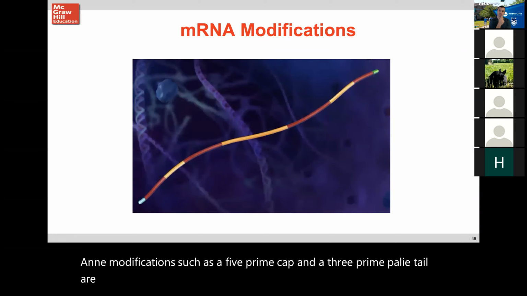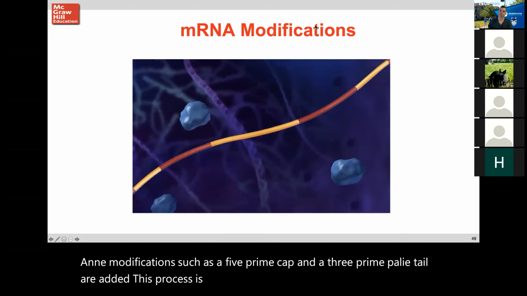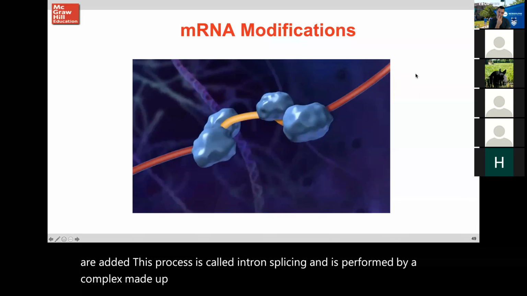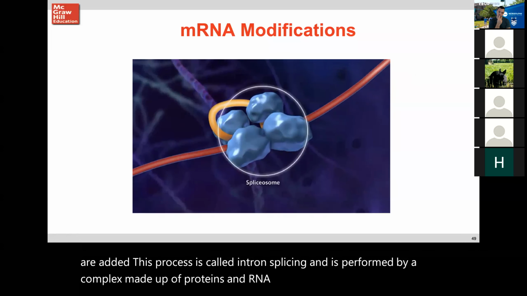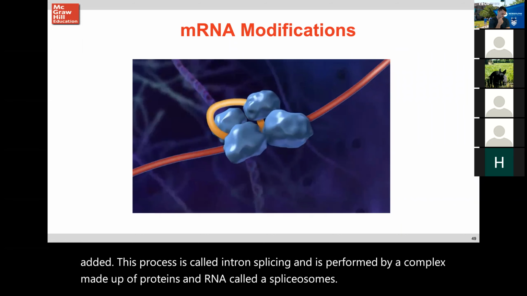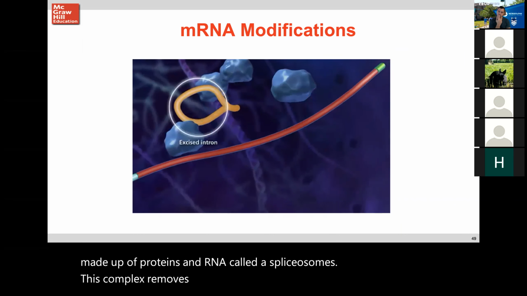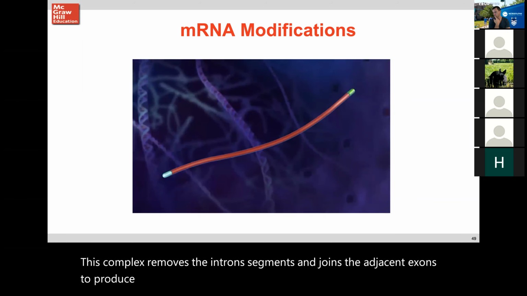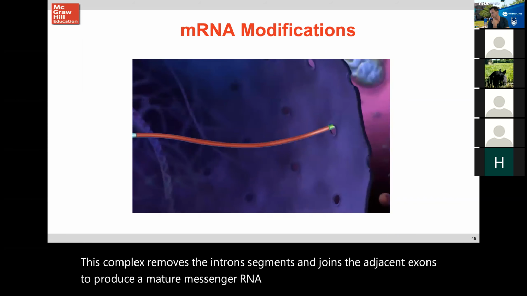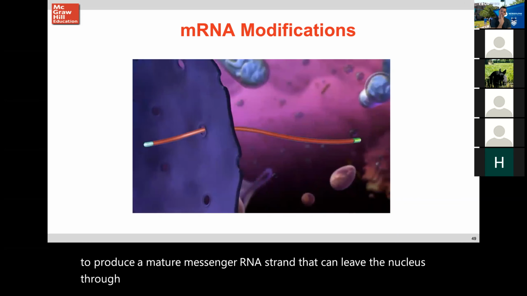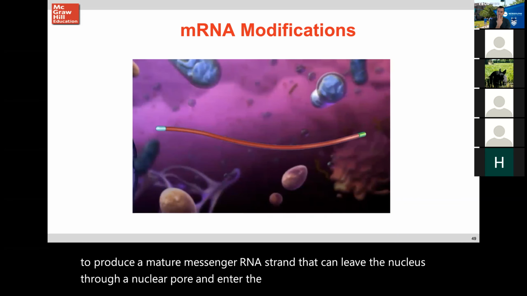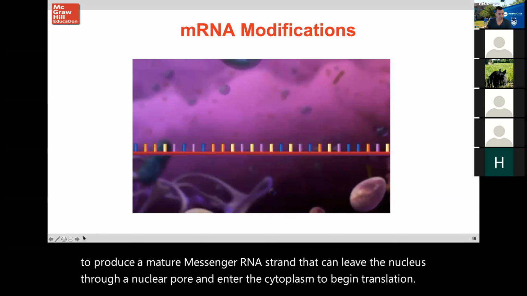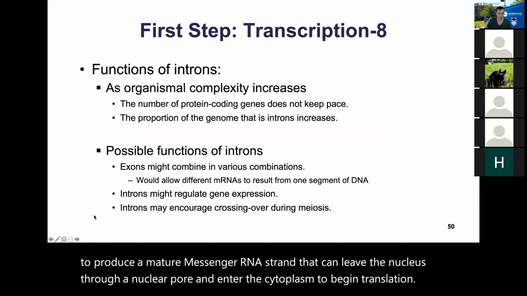This process is called intron splicing and is performed by a complex made up of proteins and RNA called a spliceosome. This complex removes the intron segments and joins the adjacent exons to produce a mature messenger RNA strand that can leave the nucleus through a nuclear pore and enter the cytoplasm to begin translation. The strand